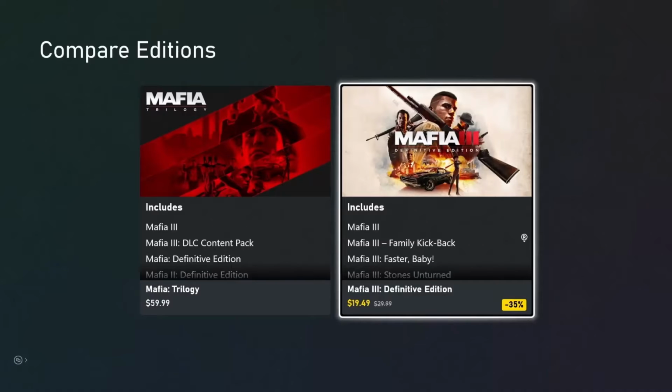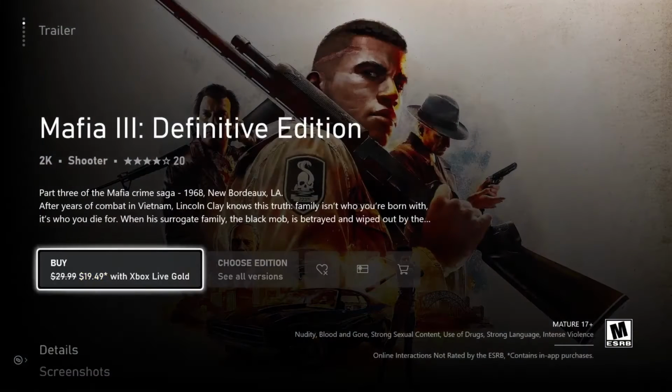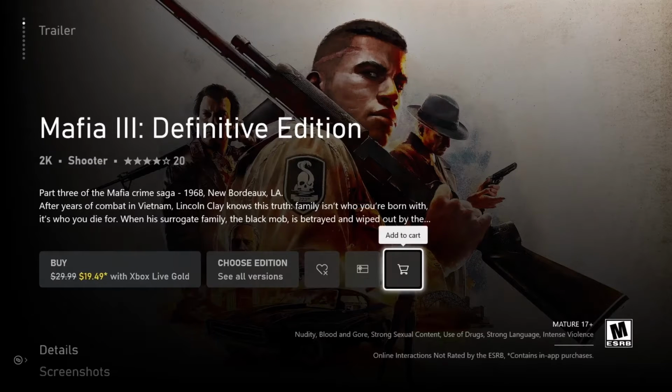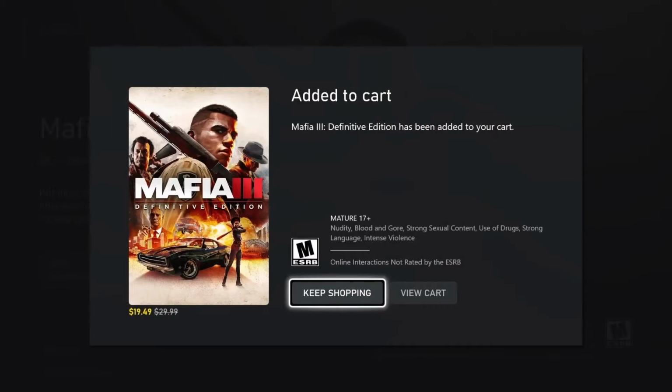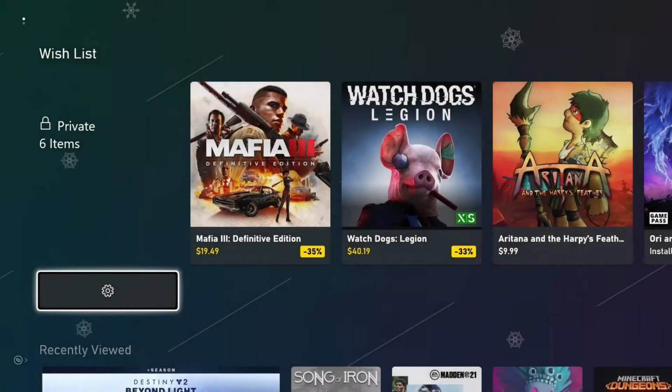When you find a game you want to buy, you can either directly buy it from the game's page, or you can just scroll over to the Add to Cart option. This way, I can buy a few of my games at the same time instead of one by one. I think I'll add Mafia,